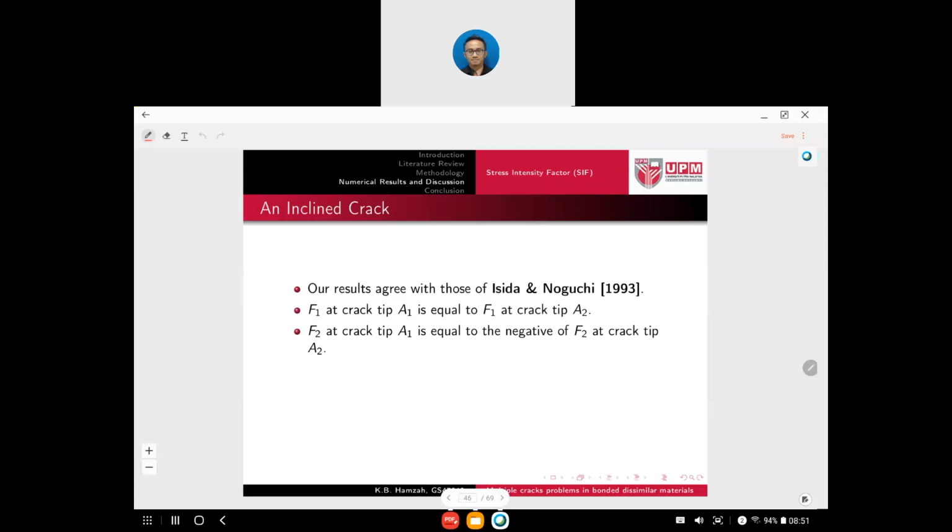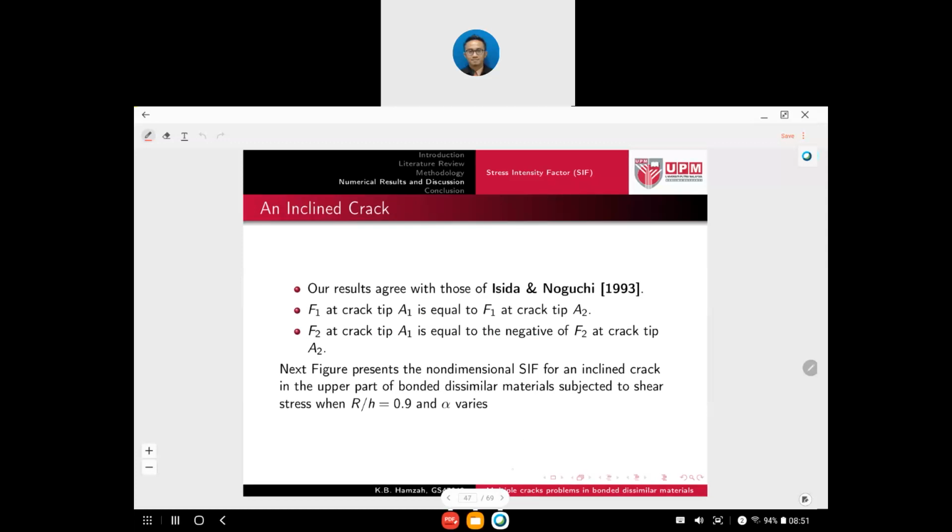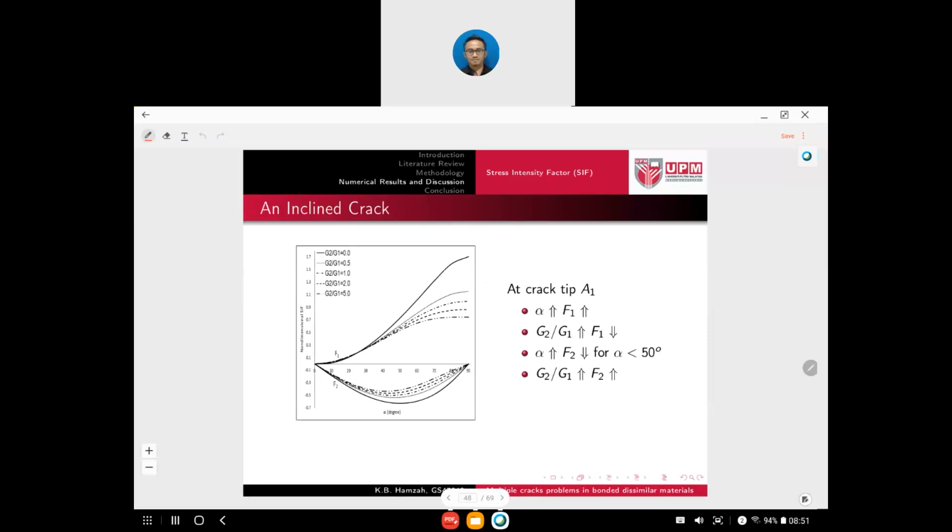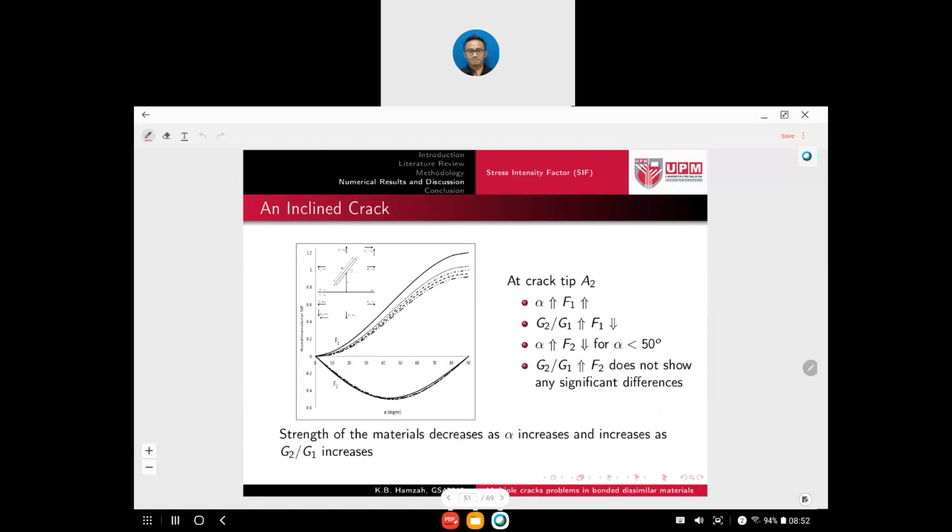F1 at crack tip A1 is equal to F1 at crack tip A2, and F2 at crack tip A1 is equal to the negative F2 at crack tip A2. And then for the next case, at the crack tip A1, the strength of the material decreases as alpha increases, and the strength increases as G2 over G1 increases. At crack tip A2, the strength of the material decreases as alpha increases, and the strength increases as G2 over